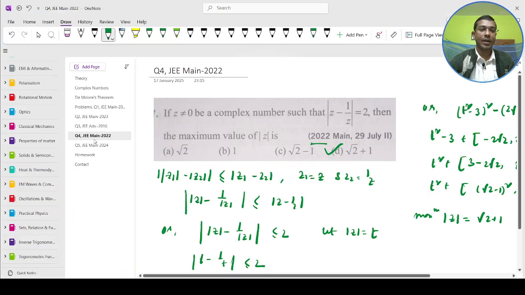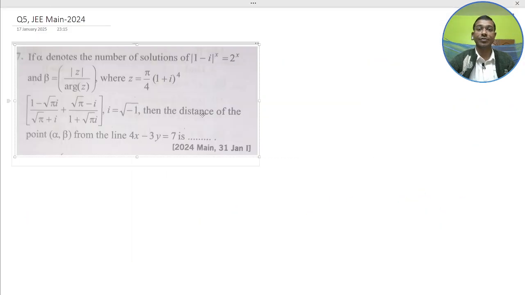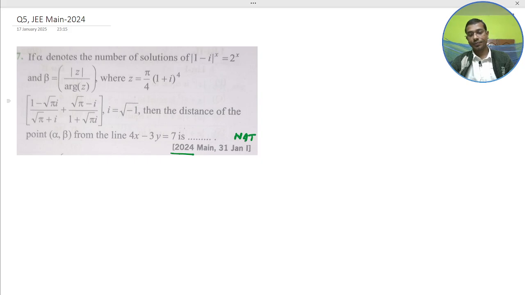Go ahead. Our last problem, a recent question from JEE Main 2024. This is also a NEET type of question. You have to find the numerical value. If alpha denotes the number of solutions of modulus of (1 minus i) to the power x equal to 2 to the power x, and beta is equal to mod z by arg z, where z equals pi by 4